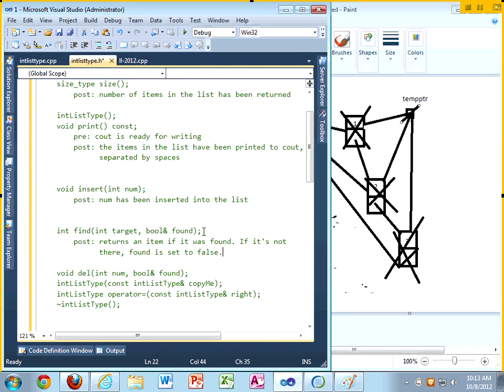Any comments or suggestions or questions about that postcondition? So here's an observation, okay? I haven't mentioned the parameter target in this postcondition at all. All I said is returns an item if it was found. Well, what item is it that we're talking about here, right? So we want to try to be a little more precise than this. Maybe we could say,